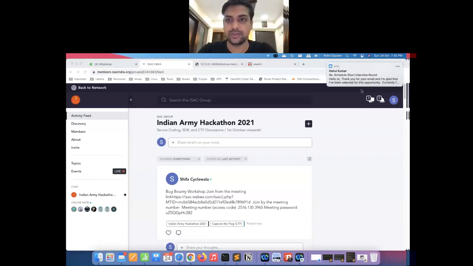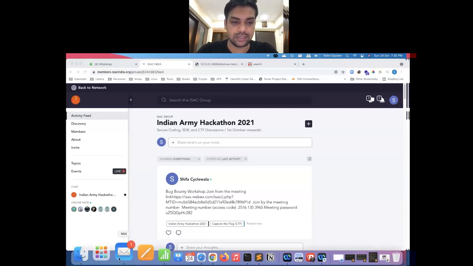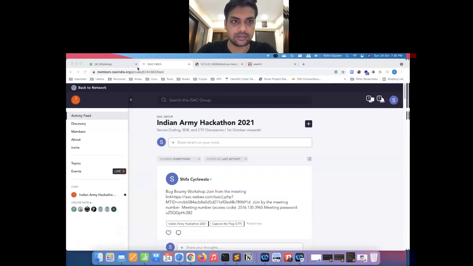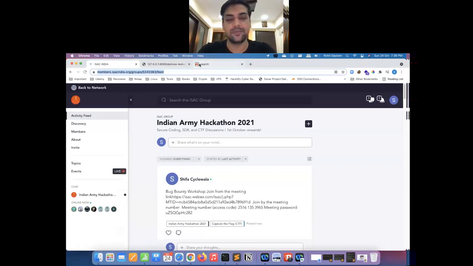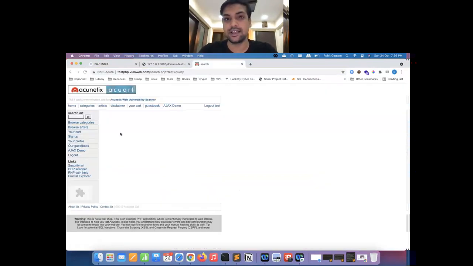All right, so now what we are going to do is stored XSS. So what happens in stored XSS? If you can recall, in the previous session we discussed reflected XSS, and we also discussed the two conditions that should be fulfilled in order to confirm that we have identified a reflected XSS vulnerability. What were the two conditions, guys? Let me see if you can recall in the chat box.